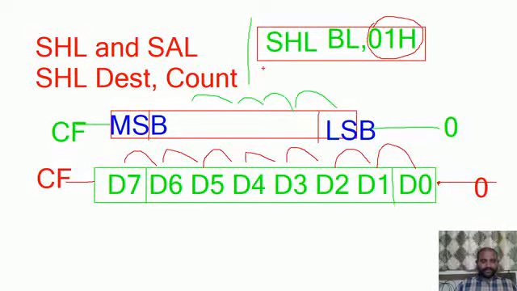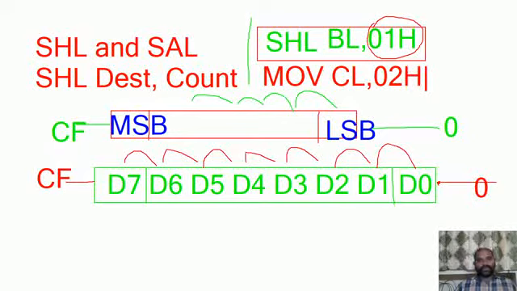At that time, you are supposed to write MOV, and whatever count value, how many times you would like to shift, that count value should be loaded into the counter register lower byte, which is the CL register. After that, I'm going to make use of the SHL instruction, where the destination is the BL register, comma, CL. So what is the difference between these two instructions? In the earlier instruction we are performing the left shift operation only one time.